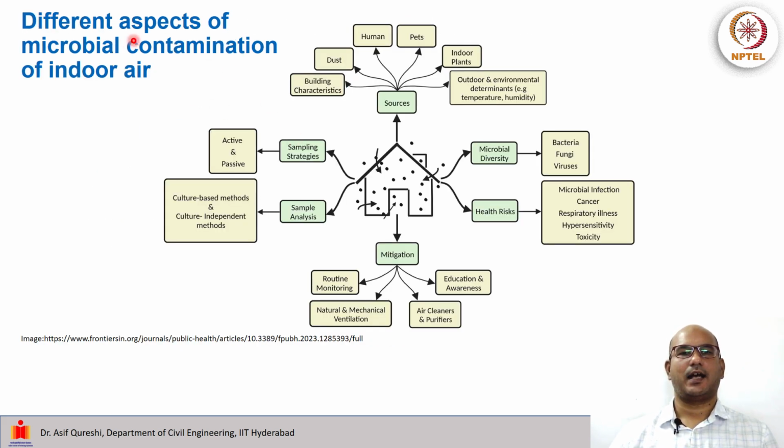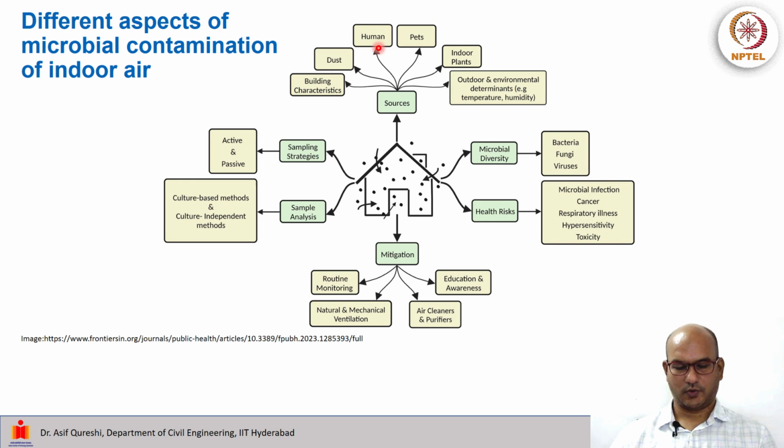These are the different aspects of the microbial contamination of air. First, we have the sources. So sources can be our building characteristics. Then if it is an old building or a new building, how moist it is, are there molds, are there bacterial growth in the bathrooms, or what is the situation in the kitchen. Then they may be sourced from dust, resuspension of dust,